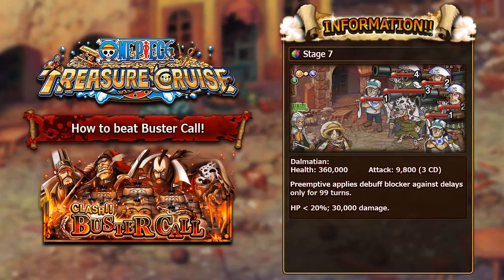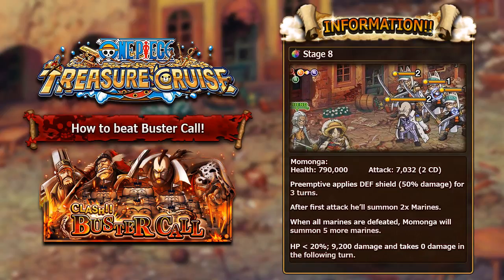damage to you. Definitely, the same as the other units, you don't want to make him fall below 20% and get a chance to attack you, because he'll then do a hell of a lot of damage to you. So you have to be very, very careful when you're trying to take down Dalmatian, making sure that you're not falling below 20%. Now, moving on to the final stage of this brand new raid boss, we have Stage